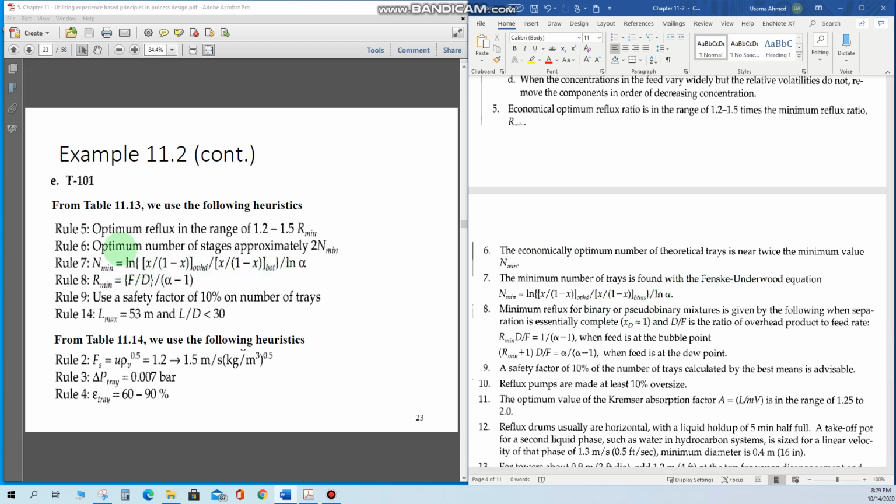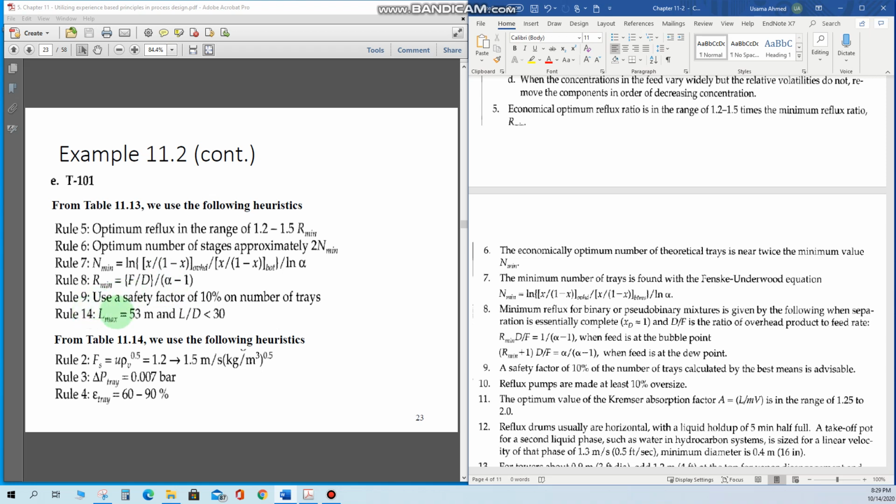You have studied this equation in the course on stage-wise distillation. Here you know what X is and what alpha should be. I will not go into the details, but you have to see the components in the streams, and then calculate the value for X and the value for alpha. Now R minimum is equal to F by D, alpha minus 1, where F is the feed and D is the distillate, divided by alpha, the relative volatility, minus 1. How you can calculate this, you have to go back and see CATU 356, which is about the stage-wise distillation course.